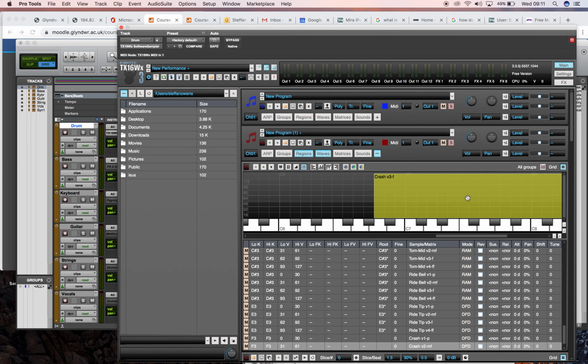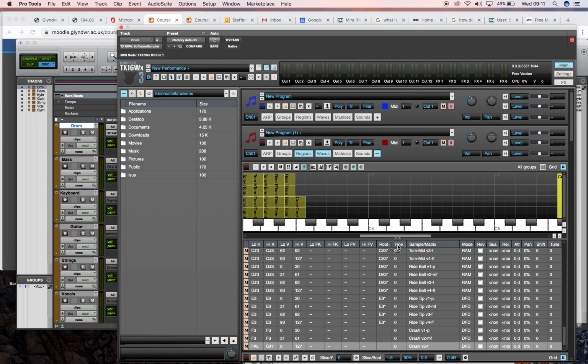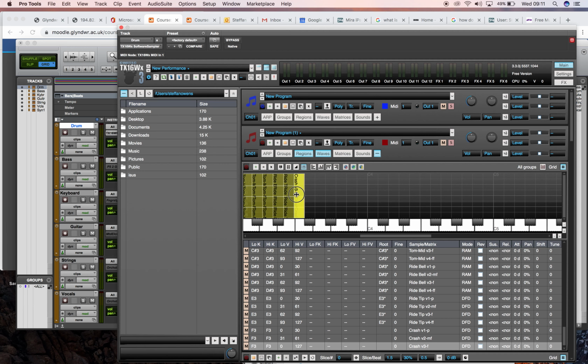And this works in exactly the same way, irrespective of which DAW you use, because the sampling software is still the same. Okay. And we want 62 down here. We want 92,